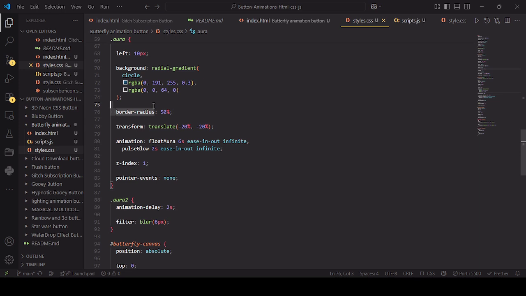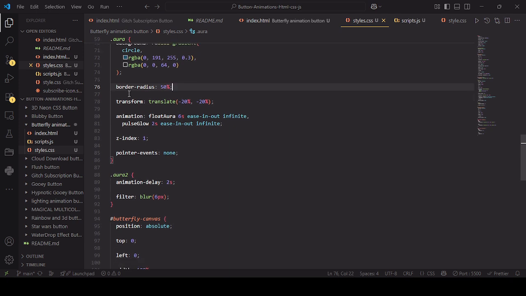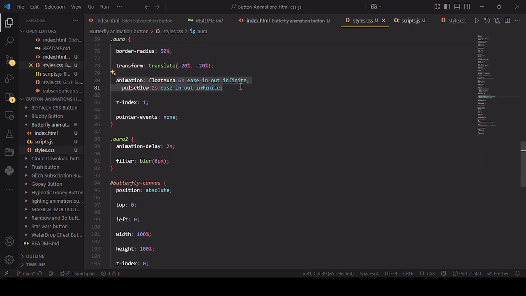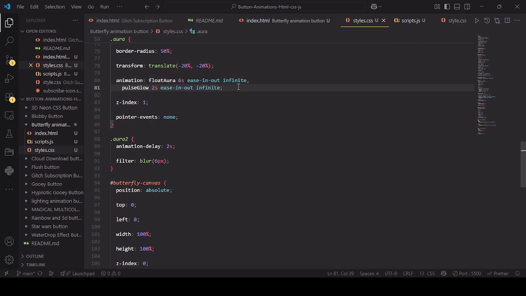Then for the circle aura we have defined border radius 50%, and transform translate minus 20% and minus 20%, and an animation of float aura for 6 seconds ease-in-out infinite,